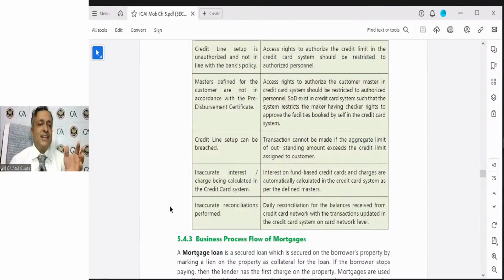Then credit line setup can be breached. Yes, breach is possible, but because the whole thing is now so technology driven, suppose my credit limit is 100 rupees as of now, I have already spent 90 rupees and I am trying to make a payment of 15 rupees more. So that will make my usage go beyond 100. The bank's card that I use,